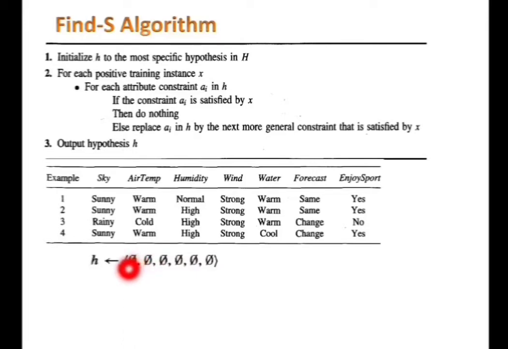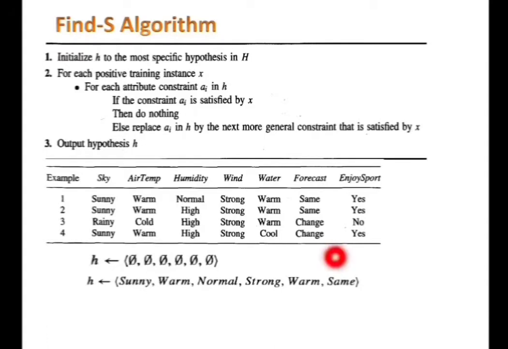It means we need to replace this attribute 0 in the hypothesis H, which failed to cover the example, with the attribute in the training example. So the new hypothesis will have the value sunny for the first attribute. Similarly, the second attribute is warm here and 0 in the hypothesis. So 0 is specific when compared to warm, so it should be generalized to warm. Similarly, third attribute should be normal, fourth attribute should be strong, next warm and then same.